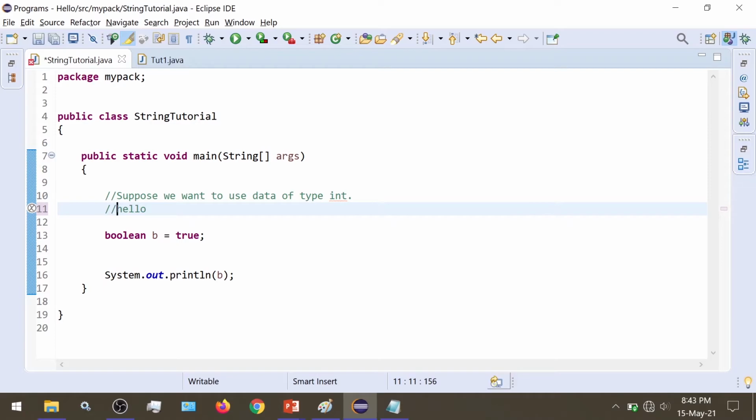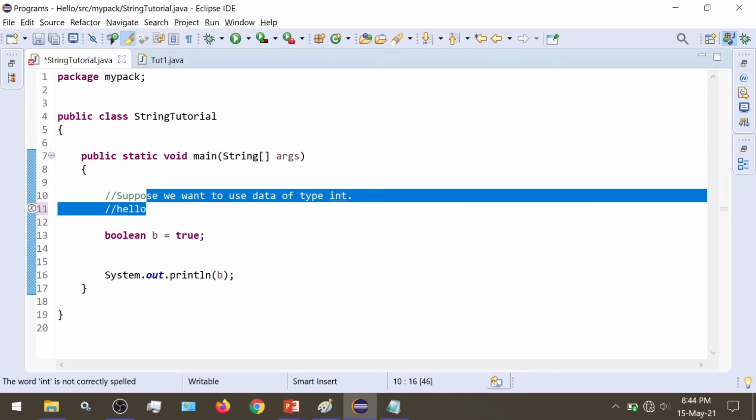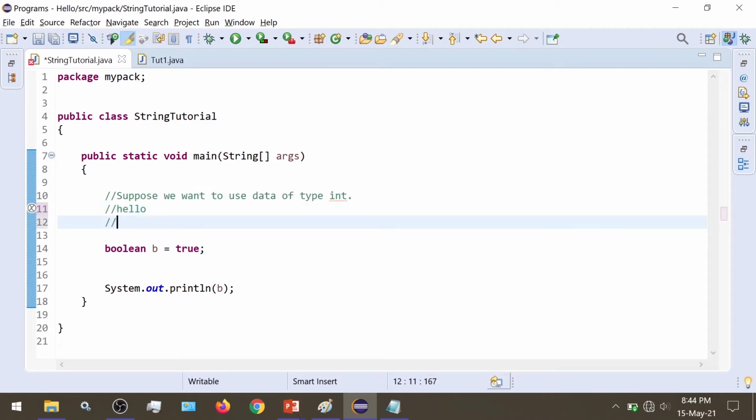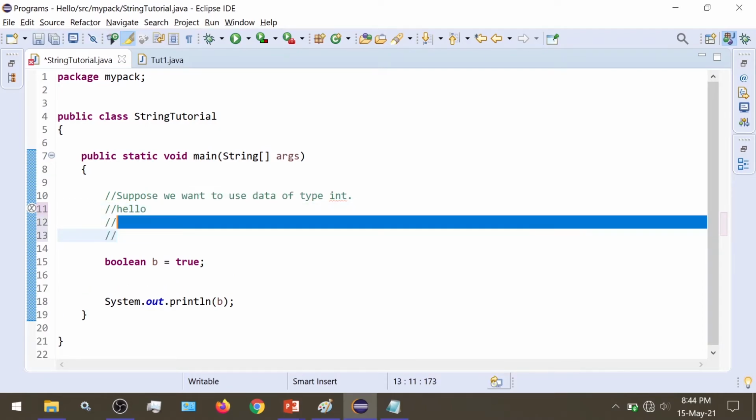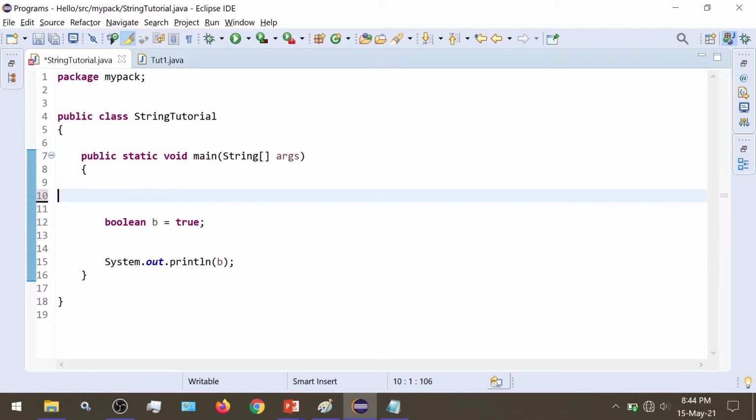Let's say you want to write comments of 100 or 200 lines for documentation purposes. Then we would have to use single line comments for every line we write. There is an alternative to this. We can declare multi-line comments using forward slash star, star forward slash.